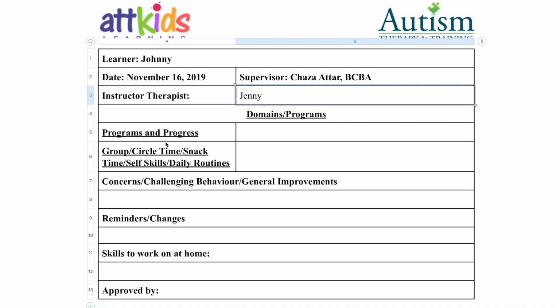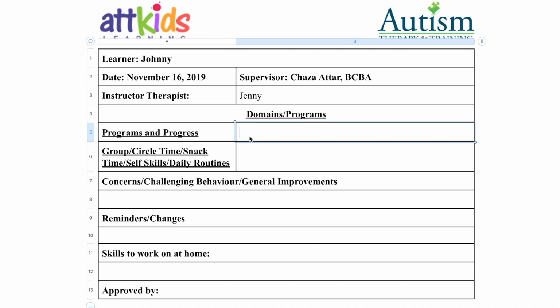Now what we like to do is focus on writing about 2 programs that are currently running. And every 2 weeks we would switch up the program so that the client isn't reading about the same program every single time. We also don't want to write about all the programs, because if the child has, let's say, 10 programs running, that's a really long report, and we don't want that. We don't want the client reading a 12-page communication log. We want them to read something just to give them a little update as to where things are at with their learner, or their child.